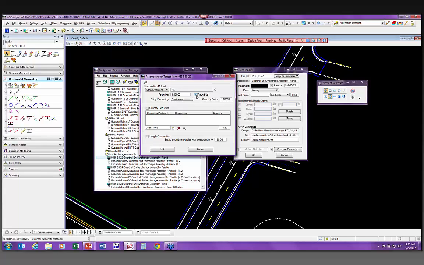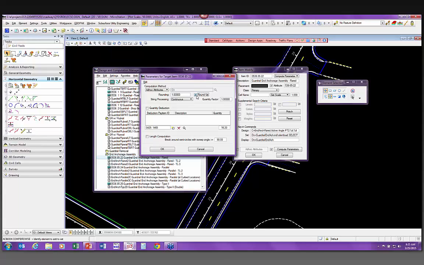I can click on round up. I don't recommend anyone use this, but you could. Round up basically says it doesn't matter what that quantity comes out to be. Say I've got 12.001. Well, anything over 12.00 is going to round me up to 13 automatically, or up to the next whole number. If it was to the tenth, then it'd be 12.1 instead